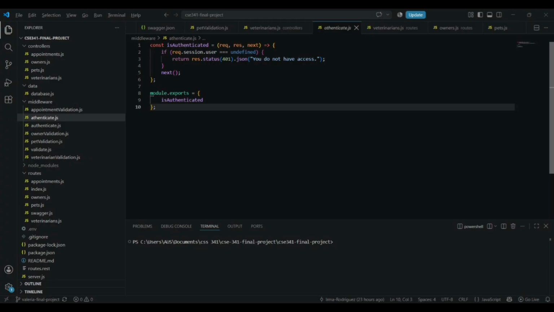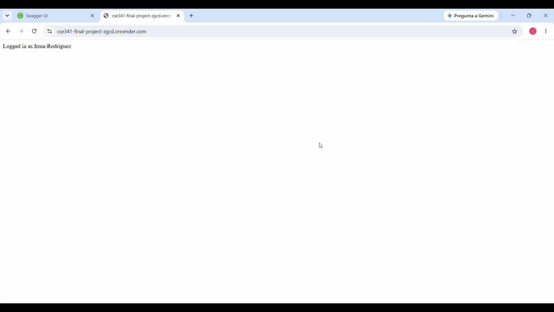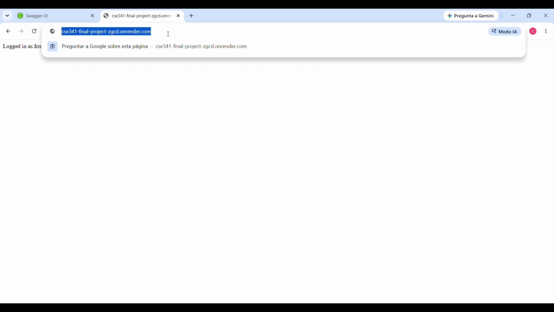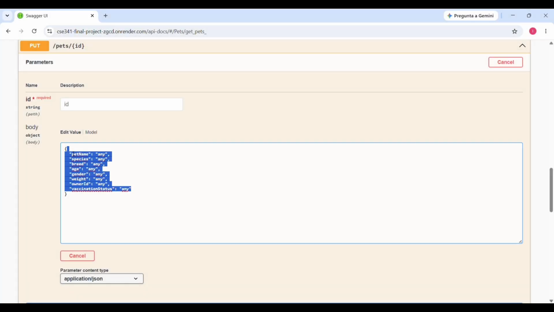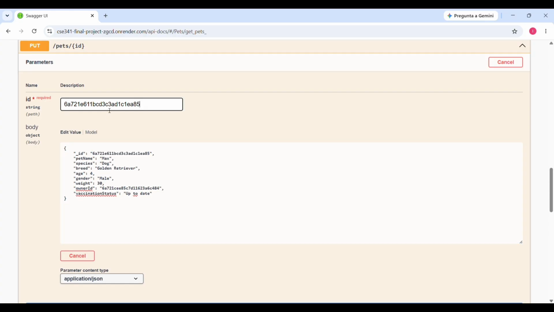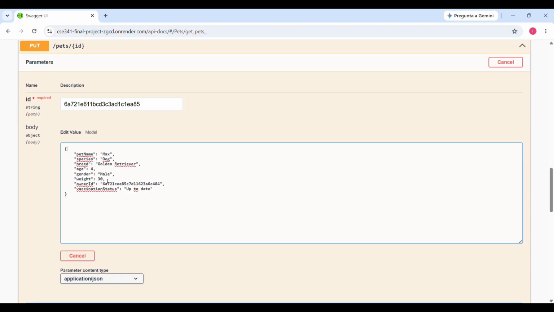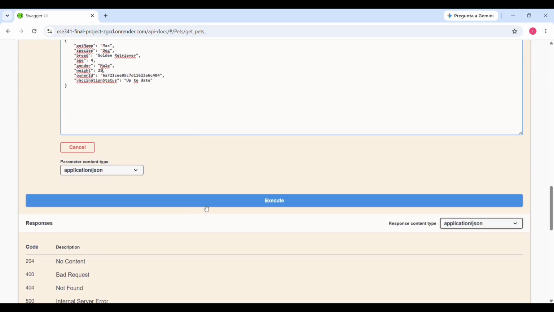If there is no authenticated user, the API returns a 401 status. This protection is applied to our post and put routes as required by the project. Finally, the logout route destroys the authentication. After logging out, the application shows that the user is logged out again. Now we are going to try making changes while logged out. In this case, since we are logged out, it will return a 401 error and a message: you don't have